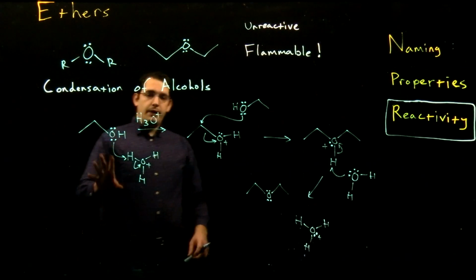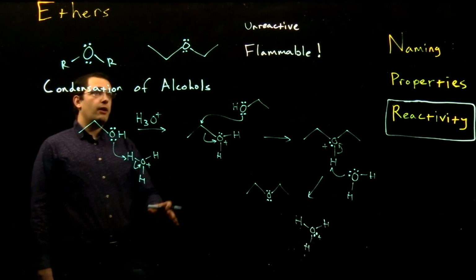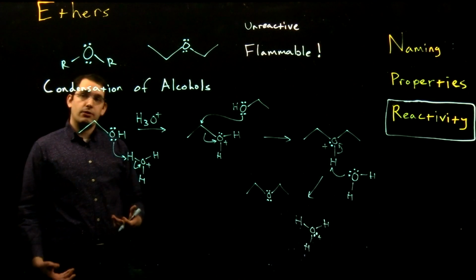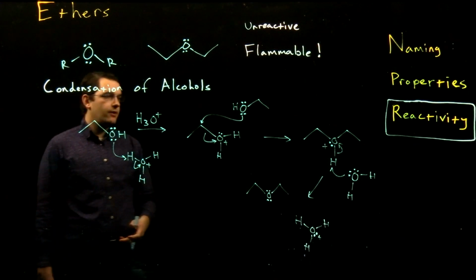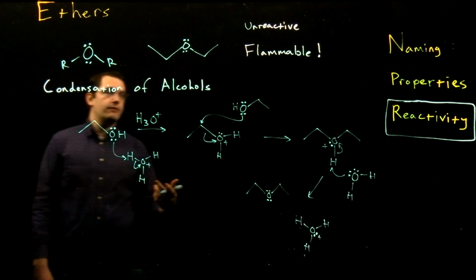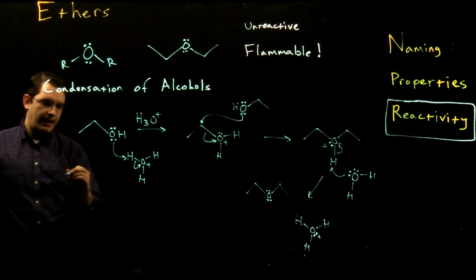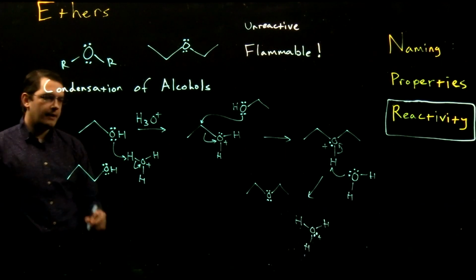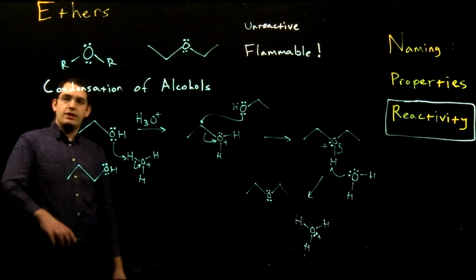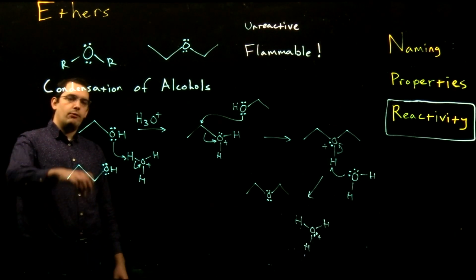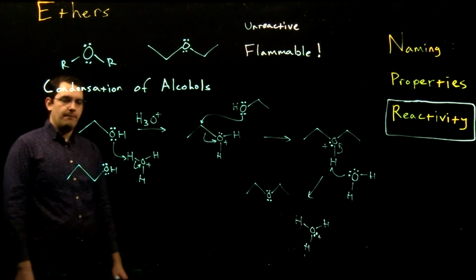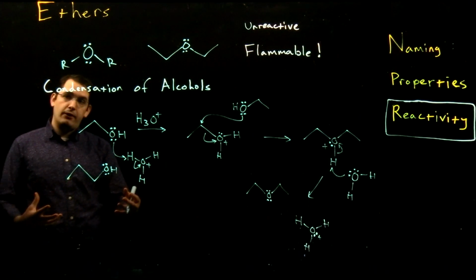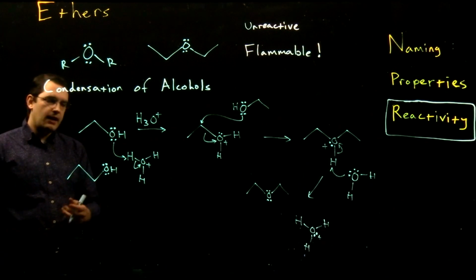Now I will say that this reaction is really only suited for making symmetrical ethers, right? If you try to make an unsymmetrical ether here, then you'd have to add two different alcohols together, right? So we might add propanol and ethanol. But the problem here is that you're never going to have just one molecule of propanol reacting with one molecule of ethanol. So you're going to have a bunch of molecules of propanol and a bunch of molecules of ethanol,